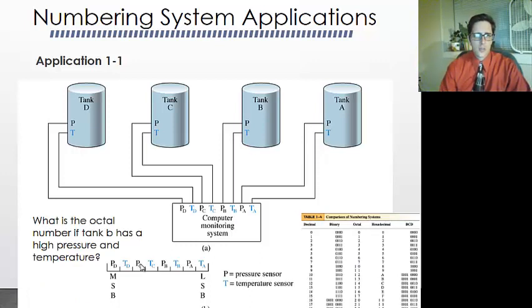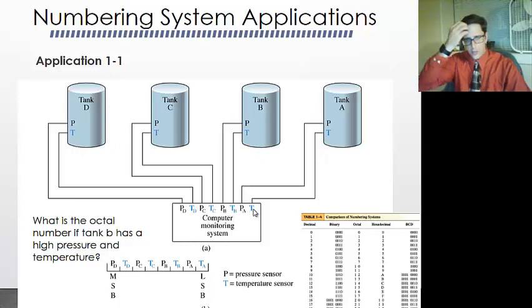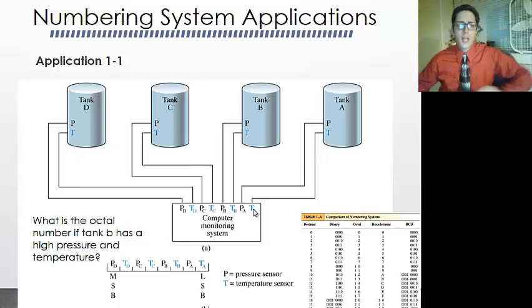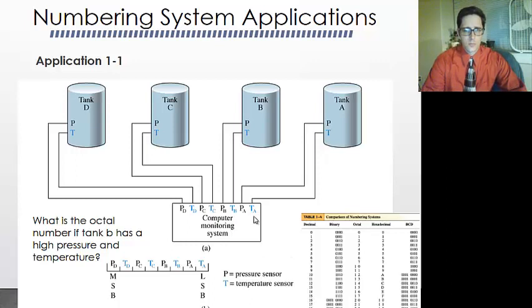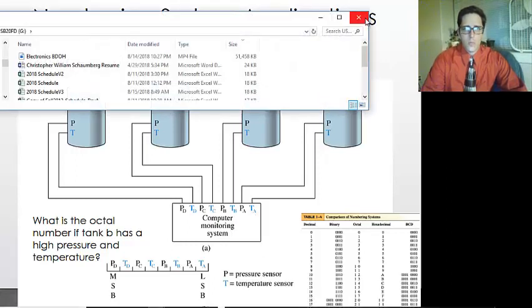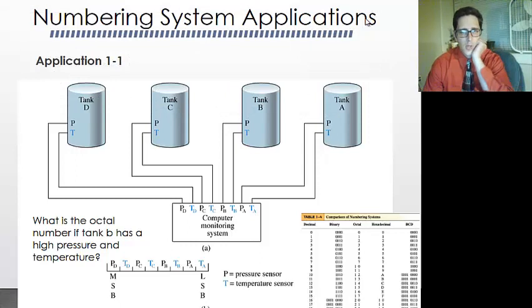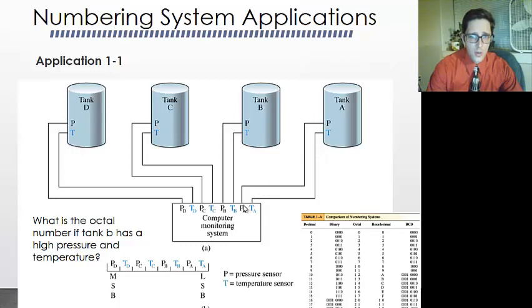So what is the octal number if tank B has a high pressure and temperature? So if we look here, tank B is right here. So that would be a 1, 1, 0, 0. Octal, remember, we talked about last time, and that's bits of 3. Octal is bits of 3. So what we have here is we have